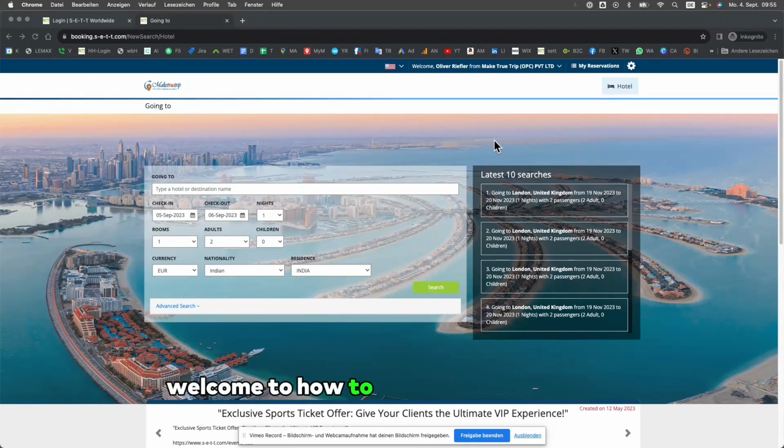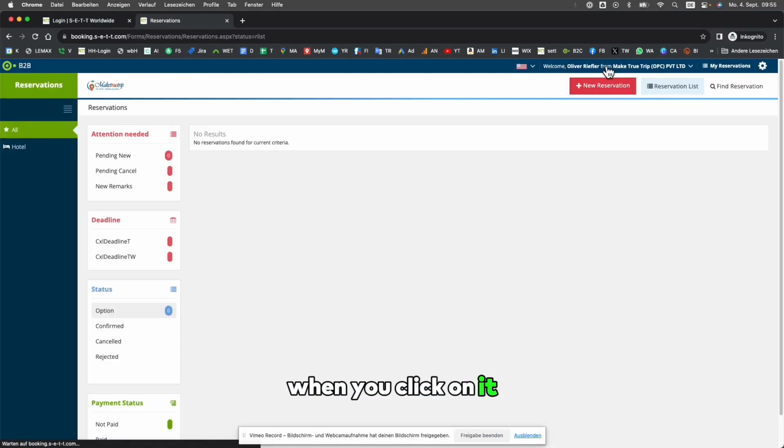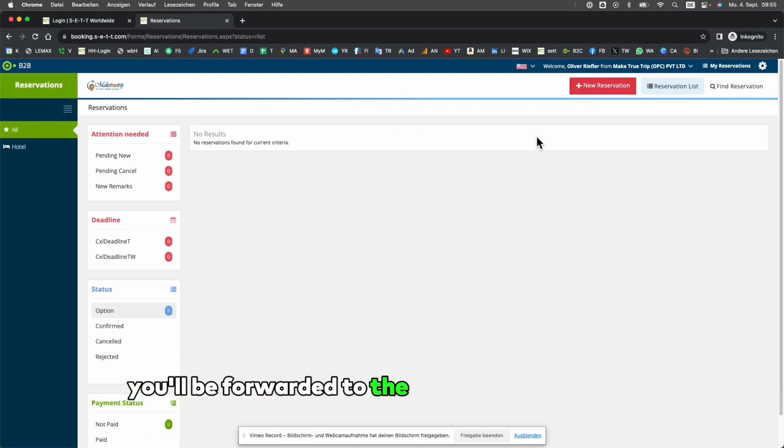Welcome to how to manage your bookings, invoices, and payments on HotelHub. Luckily, this is a very simple procedure. On the top right corner, you can see there's My Reservations. When you click on it, you'll be forwarded to the reservation dashboard where you can see a number of different